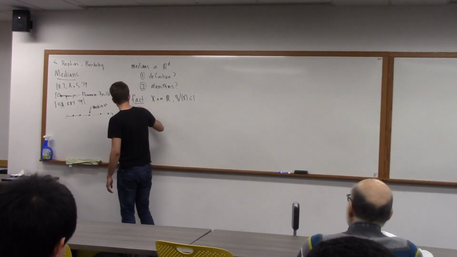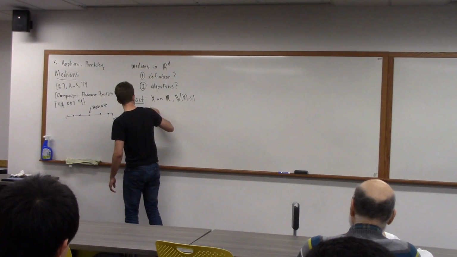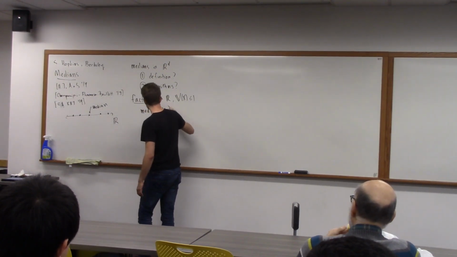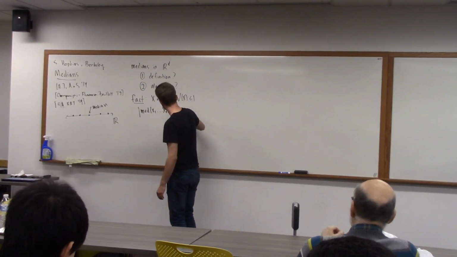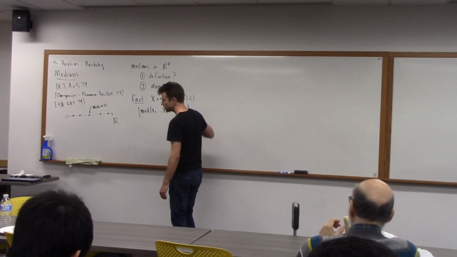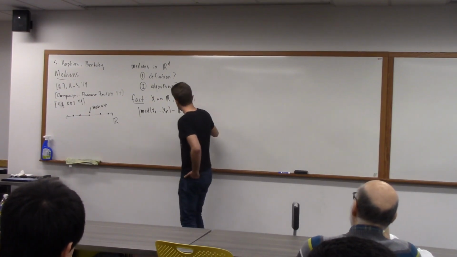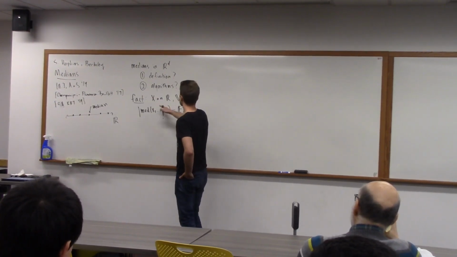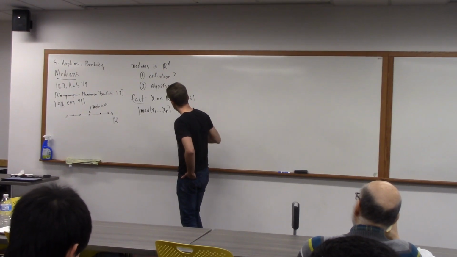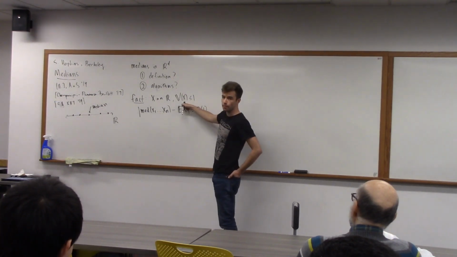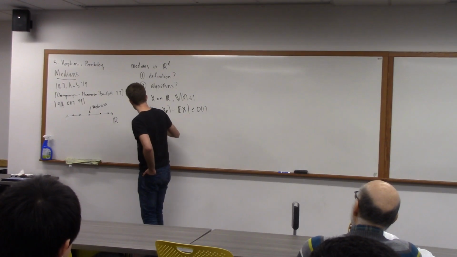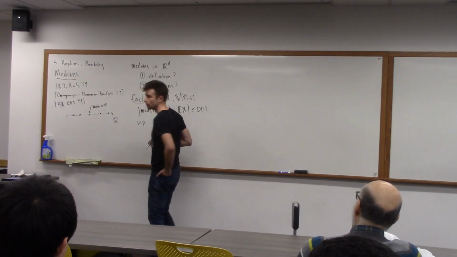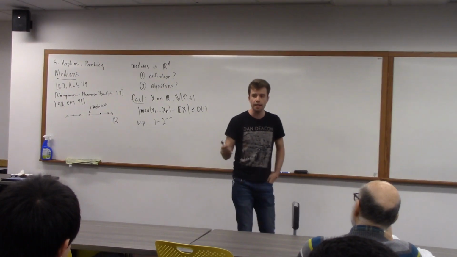Then if you take n independent copies of this random variable, and you take their median, and you ask how far is it from the true mean of the random variable, you could ask this for different kinds of probabilities, but it turns out that this has distance order of 1, like a constant number of standard deviations, with extremely high probability. 1 minus 2 to the minus number of samples. So with all but a very tiny failure probability,